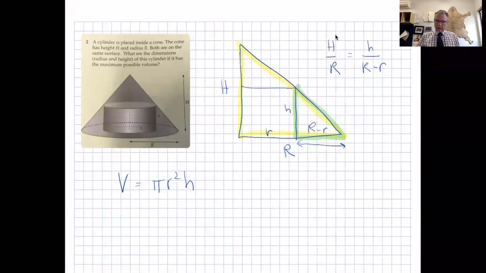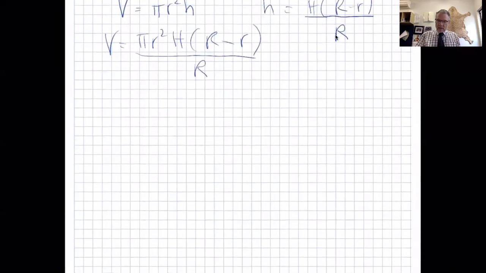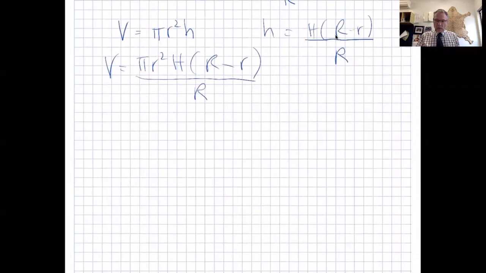And you can see now that in this equation here, I've got an h, and we'll make h the subject, and that becomes H times R minus little r over R. Okay, so now replacing all of this, so the V now becomes pi r squared times h, which is H times R minus r all over capital R. All right, so we've got an equation there for the volume,